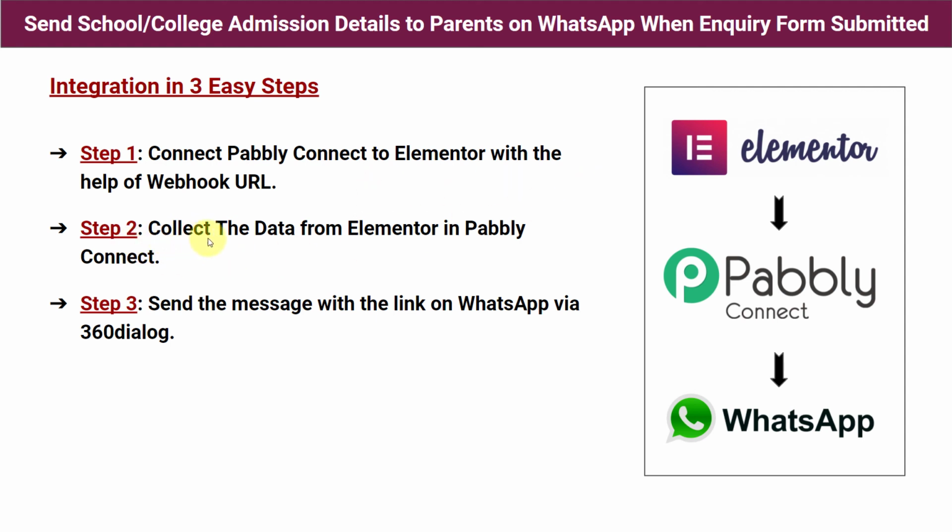Now step number 2 says collect the data from Elementor in Pabbly Connect. Students or parents will be filling up the form, and I want the data of that particular parent to get transferred to Pabbly Connect. So step number 2 says the same, and step number 3 says send the message with the link on WhatsApp